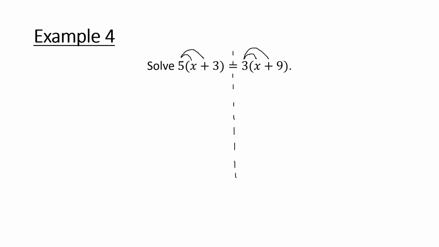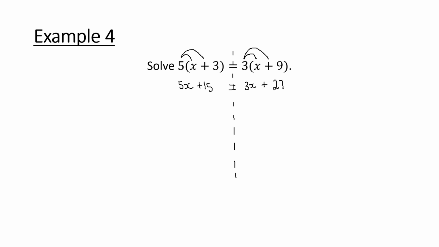Now, the next examples include brackets. So what do we do when we have brackets? It's important that you first understand you have to expand your bracket. So the first thing you have to do is expand your bracket. So 5 times x, 5 times positive 3, 3 times x, and 3 times positive 9. So 5 times x is 5x. 5 times positive 3 is positive 15, equals 3 times x is 3x, 3 times positive 9 is